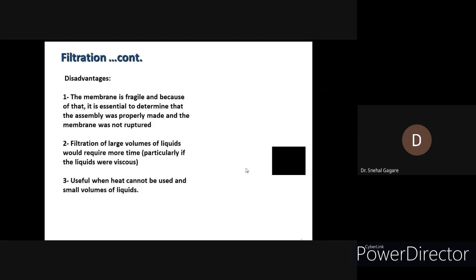If we are filtering large volumes, it will definitely require a lot of time. Even for 1 liter of media, the membrane filtration assembly has a capacity that depends on the size, but the minimum is say 20 ml or 30 ml.